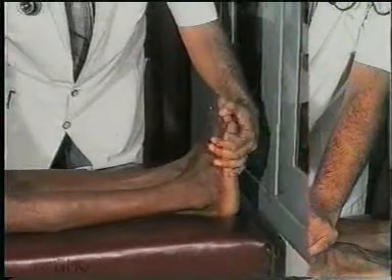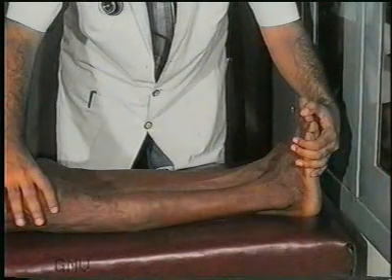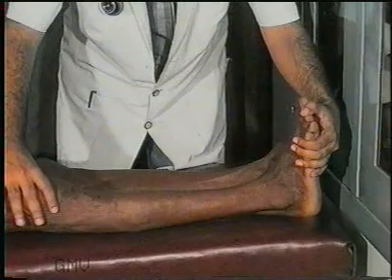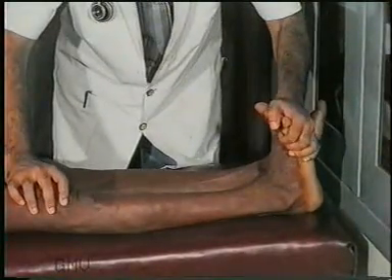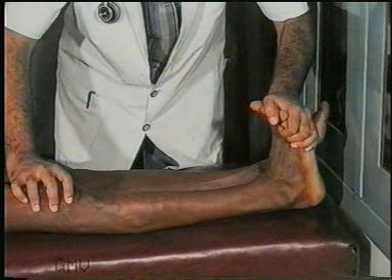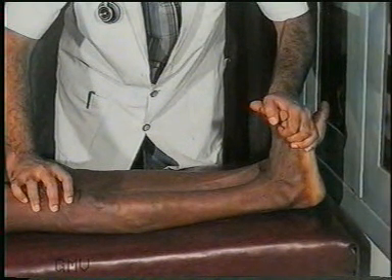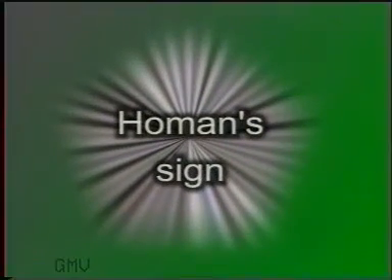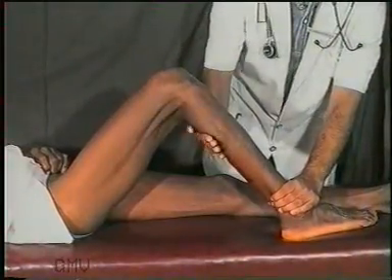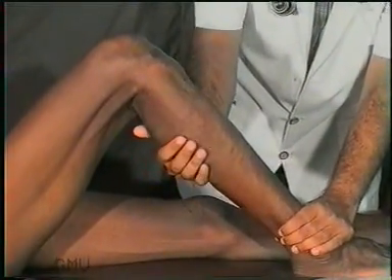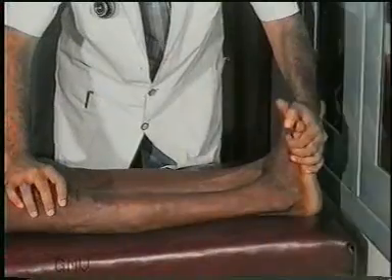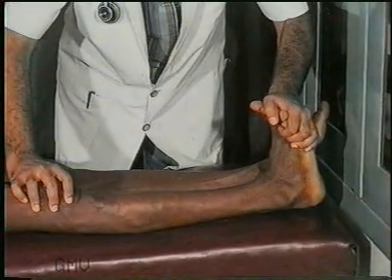Now let the leg rest with the knee fully extended for the Homan's sign. Dorsiflex the foot passively. The resultant stretching of the calf muscles and the posterior tibial vein elicits pain if the deep veins are thrombosed and painful. This is a positive Homan's sign. Let me repeat that in active deep vein thrombosis, all these tests should be performed very gently, as potentially they can dislodge a thrombus and cause pulmonary embolism.